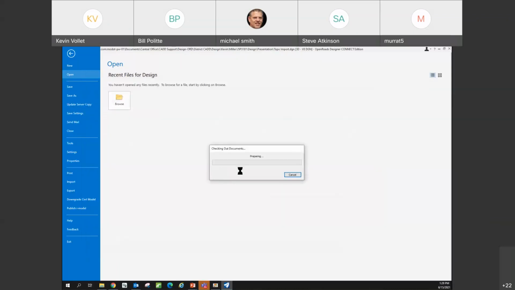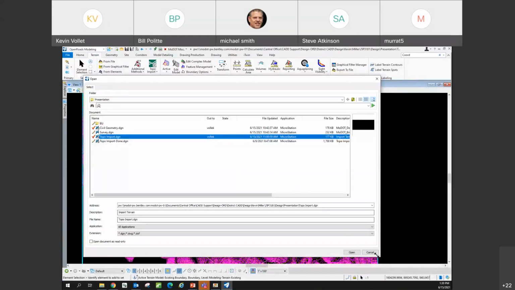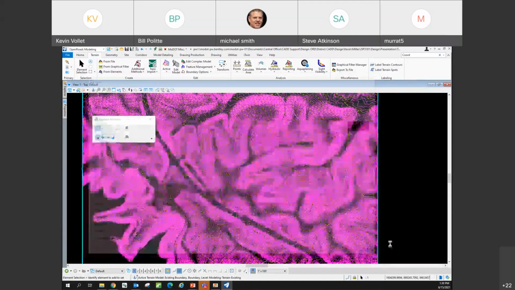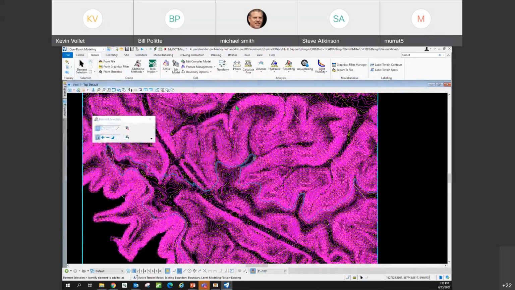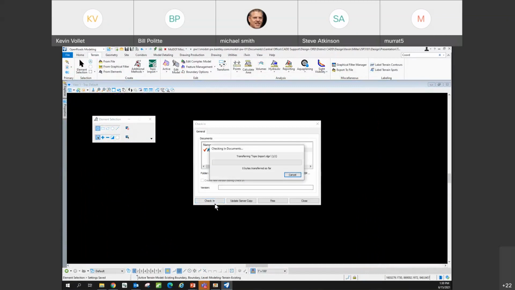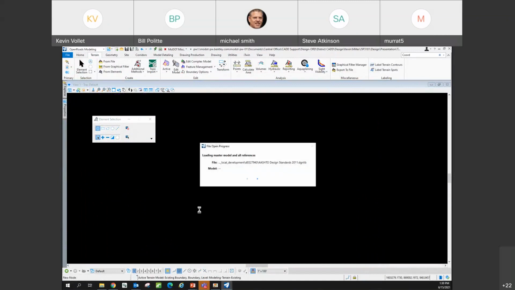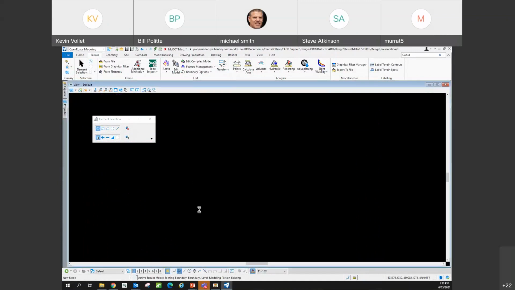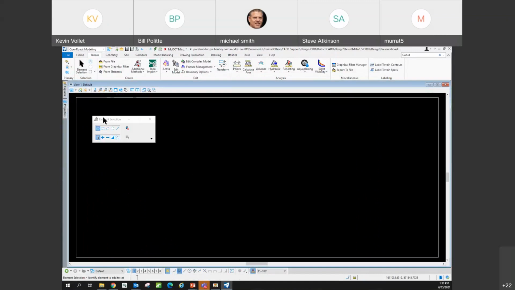Go into my civil geometry file, check it in, my topo file. And so what I'm going to do is just show you the new alignment feature